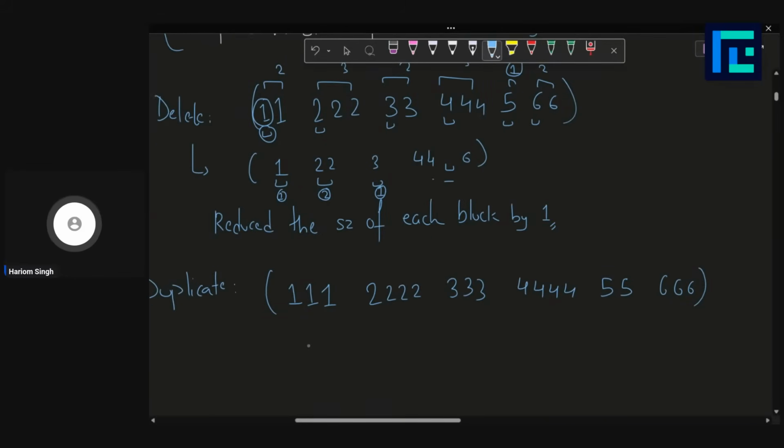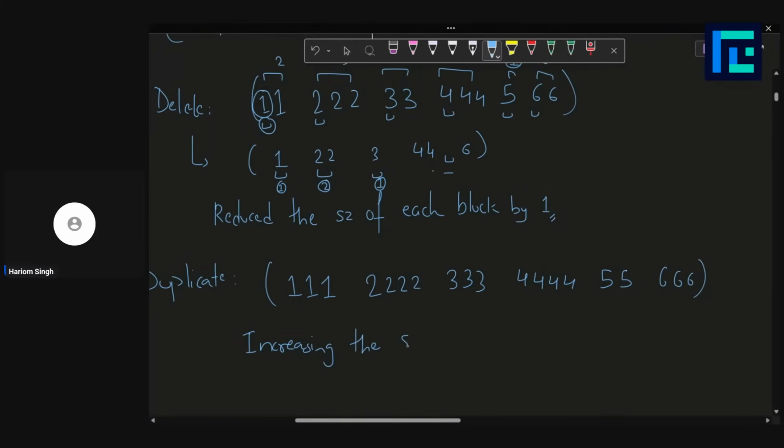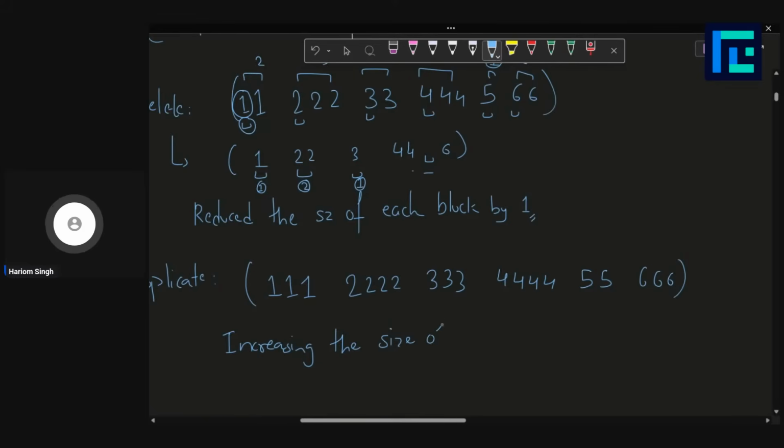So you can notice pretty easily that the duplicate operation is increasing the size of each block by 1,